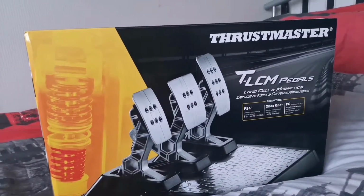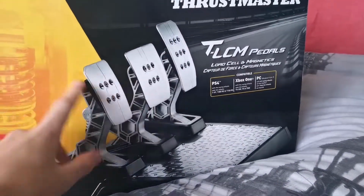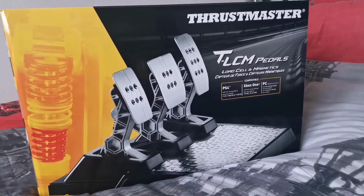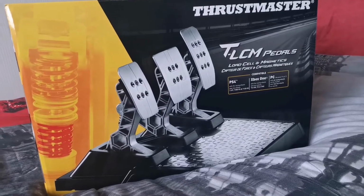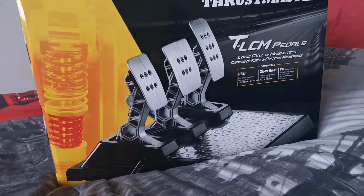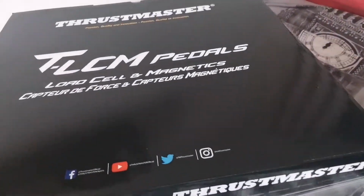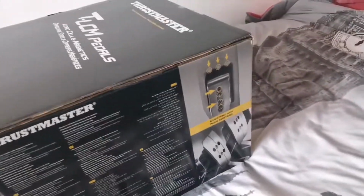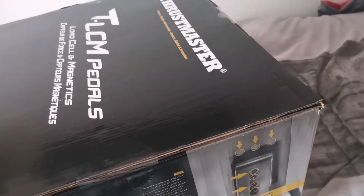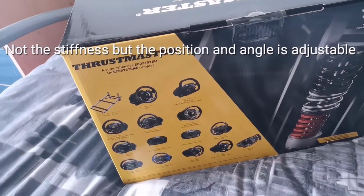Look at these things. We have three pedals here on the set today. So we've got the accelerator, brake, clutch, obviously. Now the amazing thing about these pedals is the brake is a load cell pedal, capable of transmitting 100 kilograms of force at maximum stiffness inside the pedals. The accelerator and the brake as well are all adjustable. Everything's the stiffness of the pedals with the brake and the clutch, and it's obviously compatible with all the wheel